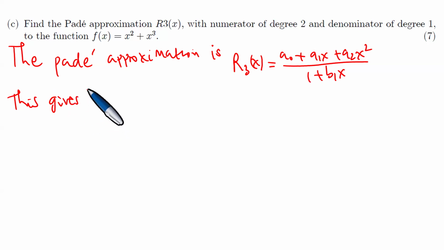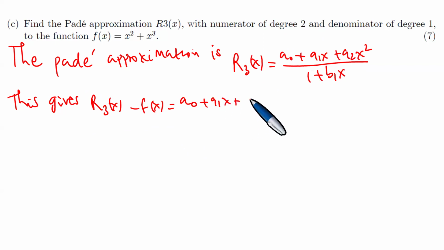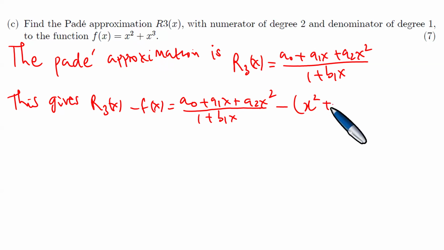and we can find the difference like we did before. R3 of x minus the f function. What is R3 of x? It is this one: the numerator of degree 2, a0 plus a1 x plus a2 x squared, divided by 1 plus b1 x, minus f of x, which is x squared plus x cubed, which simplifies to